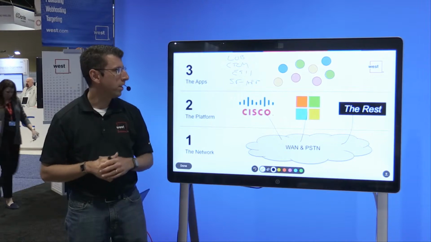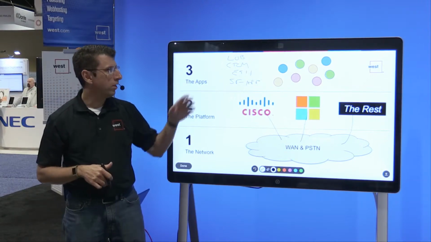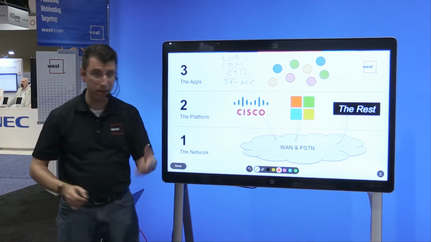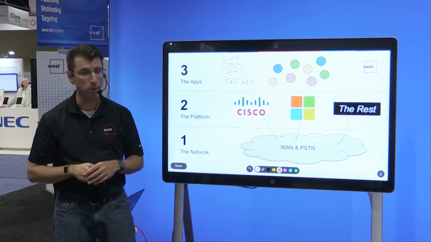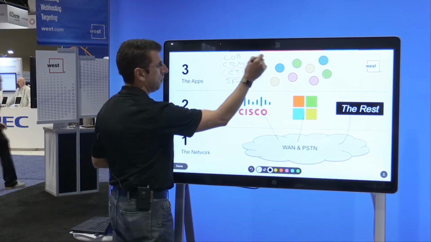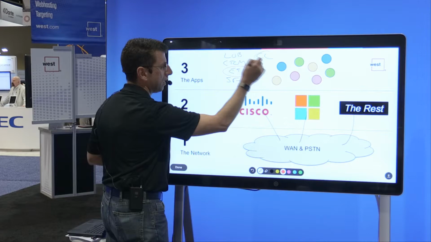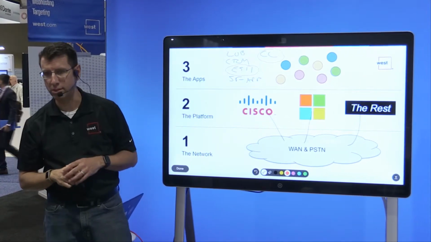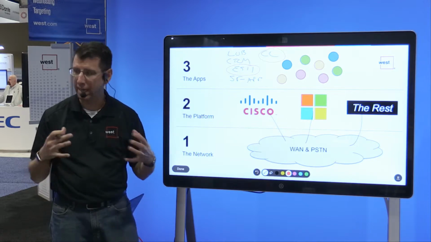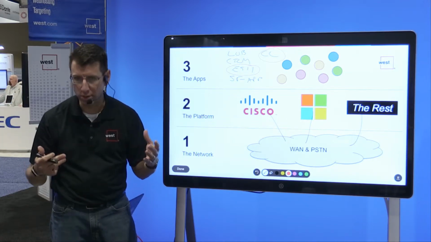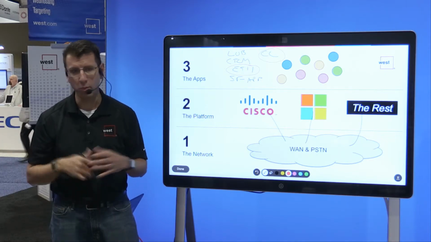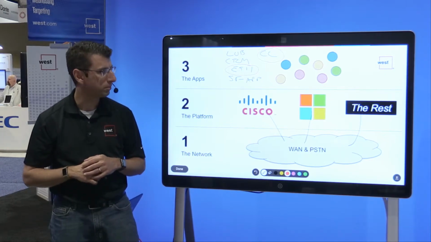And then finally, on the line of business applications, we're focused obviously on E911. That's one of the things that we've done quite a bit, and that's what Christine here is saying she's known us as. We actually have our own contact center applications as well. So we can bring to the table different contact center solutions, and then we can consult with you on other line of business applications that you may want to plug in. So if you have Salesforce.com, for instance, or Microsoft Dynamics, or some other CRM application, we can work with you to get that plugged in as well.